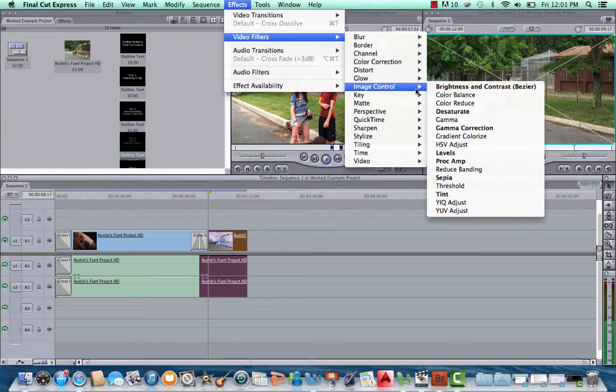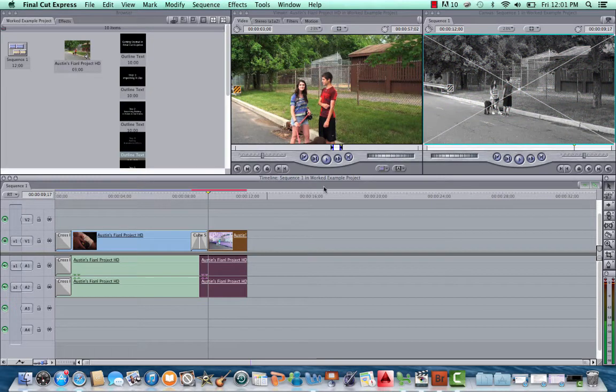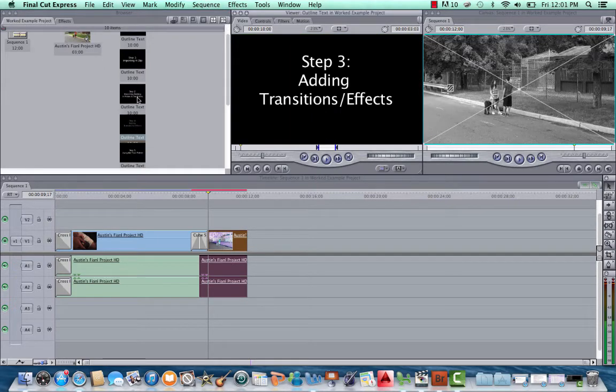I can change it to a tint of some kind. So depending on, and as you can see now, black and white, you have so much ability to play and alter the video under those effects tabs. Please explore them. They're great. The next thing we're going to learn after adding effects is